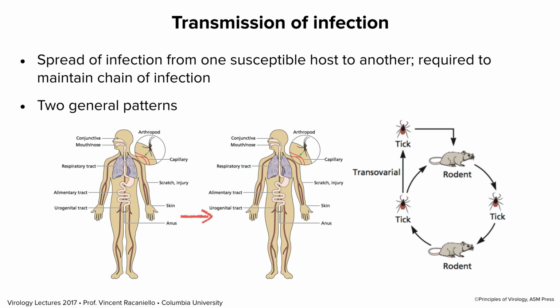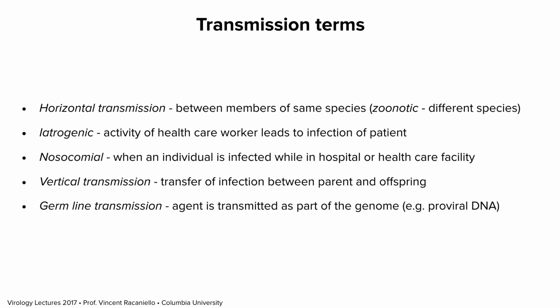We see two general patterns of transmission, host to host, like human to human. Most human viruses go this way, not all of them, but many do, or animal to animal. And then there is transmission by a vector of some kind. Here it's a rodent and a virus is being carried by a tick, but it could be a human and the virus is carried from human to human by mosquito. It could be a monkey in the forest and the virus is carried by a mosquito. You get the point that there's an intervening vector, human to human or vector, animal, vector, animal. Those are the two general patterns of transmission that we identify.